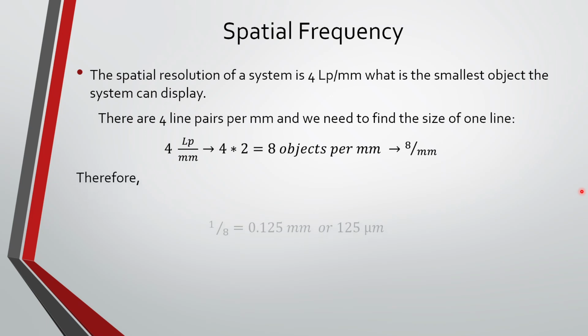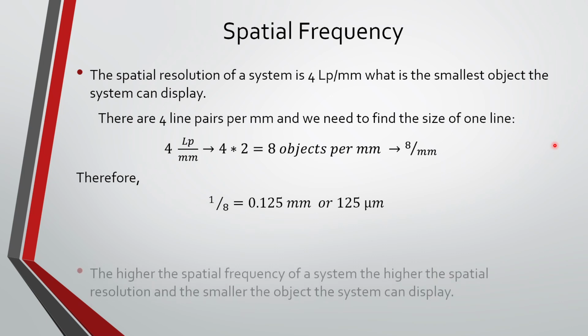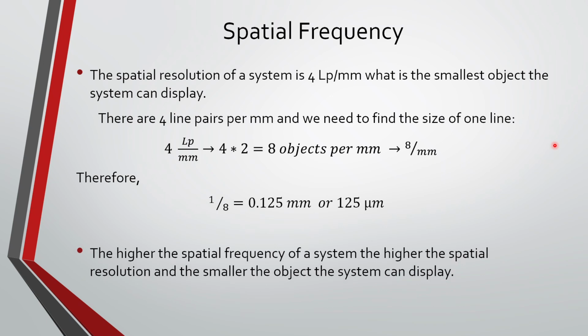Therefore, the smallest object the system can display will be the reciprocal of this, which will be millimeters per object. All right, and that is going to be 0.125 millimeters. Okay, and when we switch that to micrometers, 125 micrometers. So for a 4 line pairs per millimeter system, it's 125 micrometers, whereas on the 9 line pairs per millimeter, it was 55.6